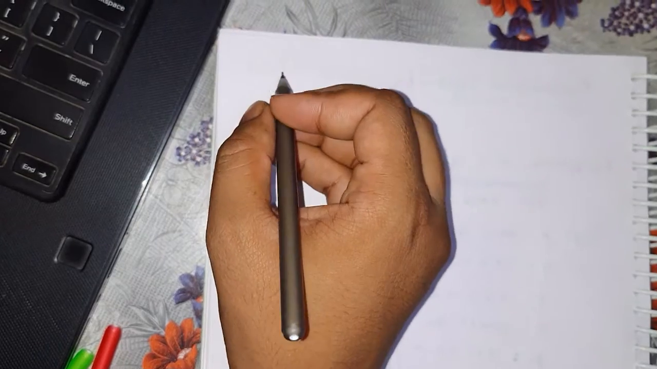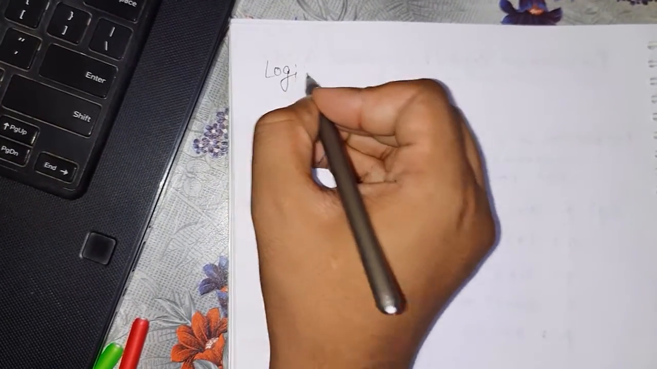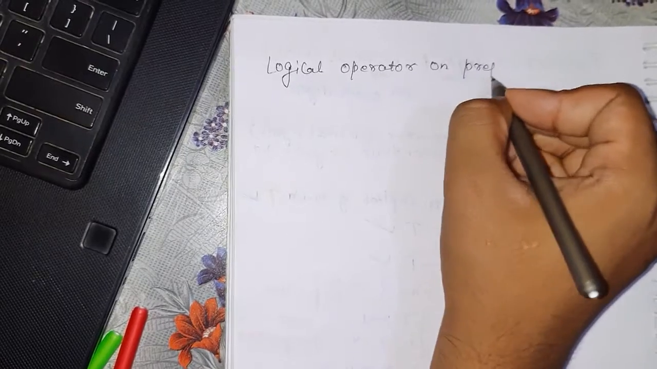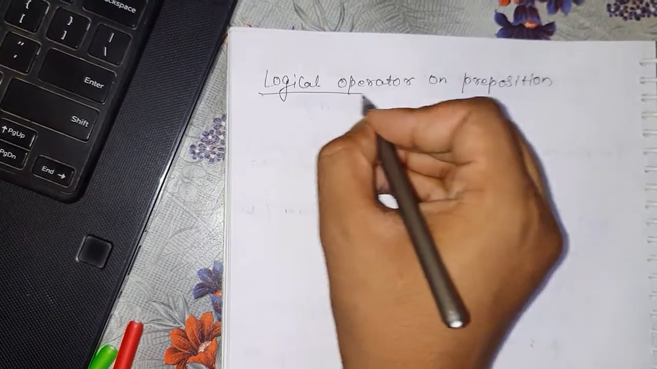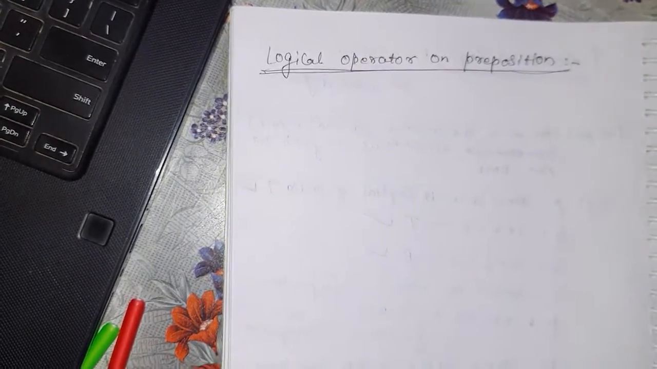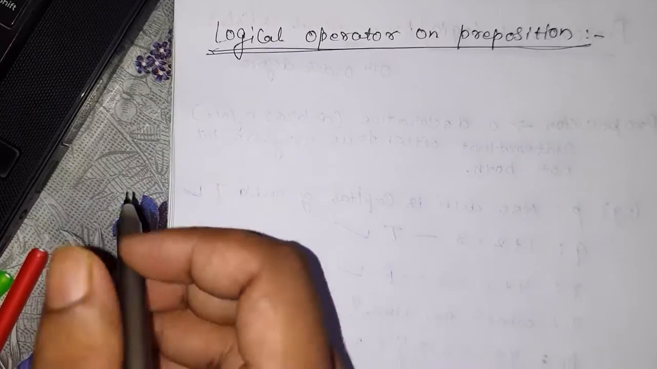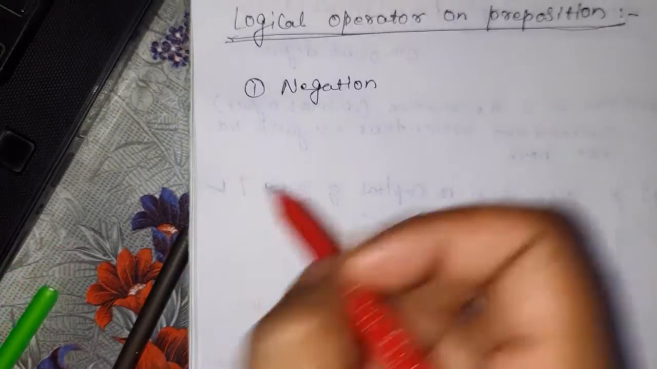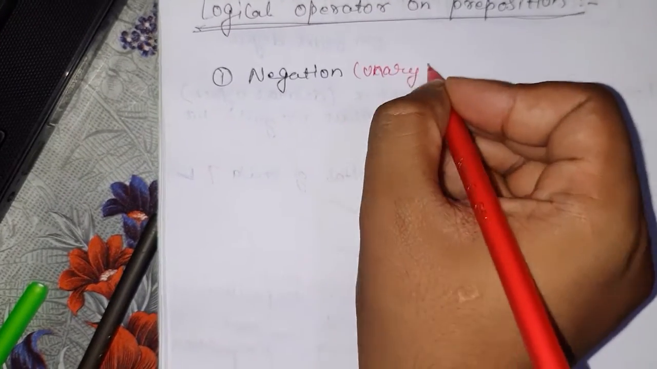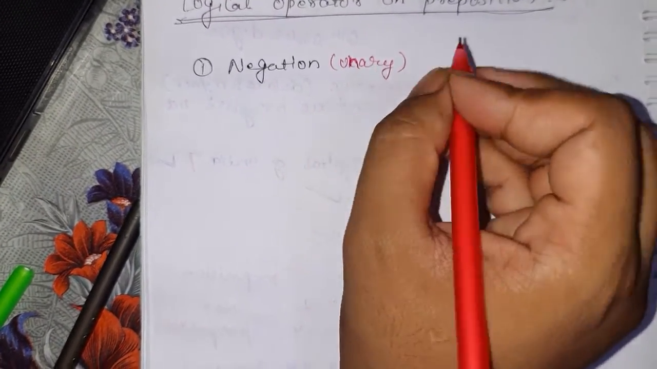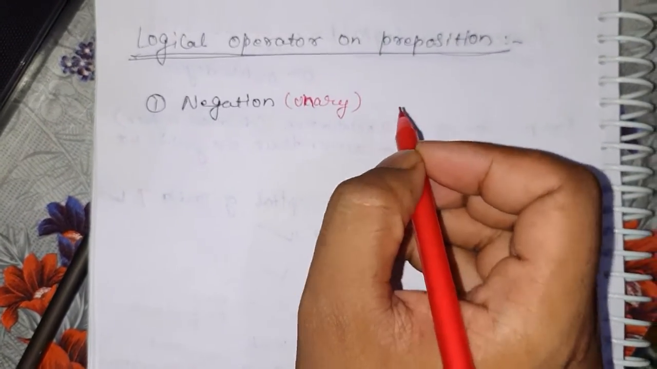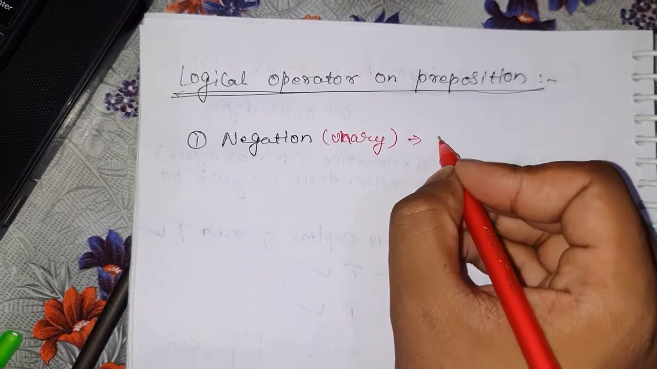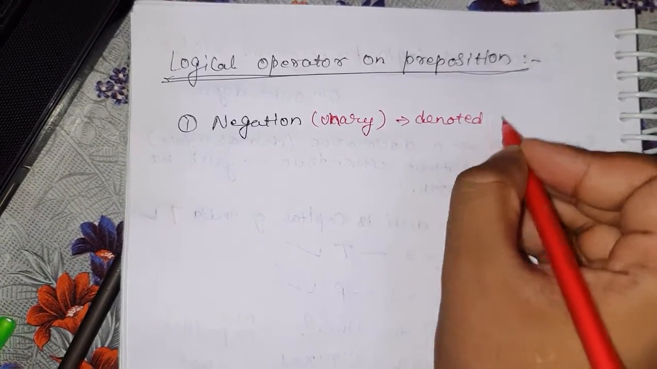Our next topic is logical operators on propositions. The first one is negation, which is a unary operator. Unary means this operator requires only one operand. It is denoted by